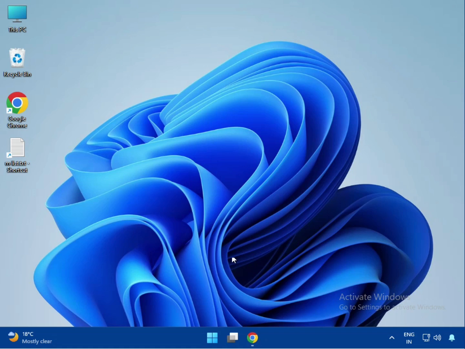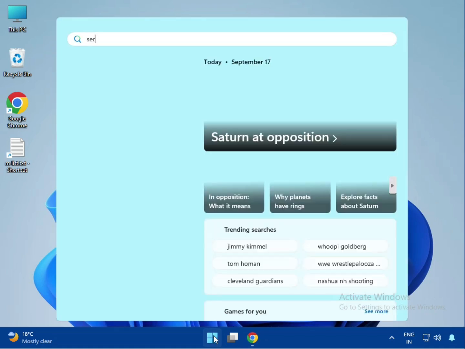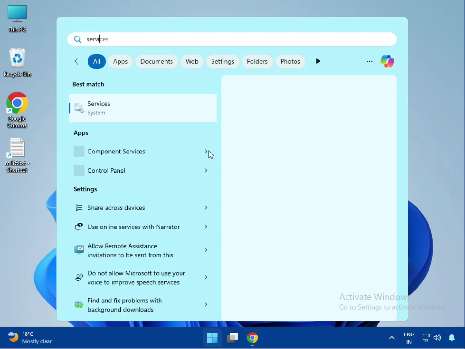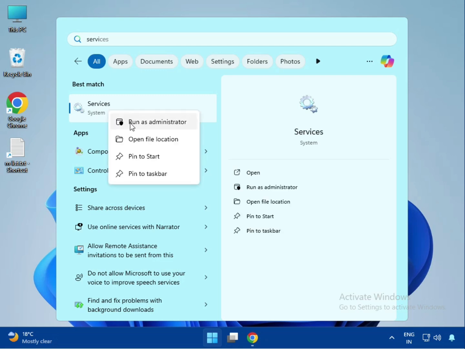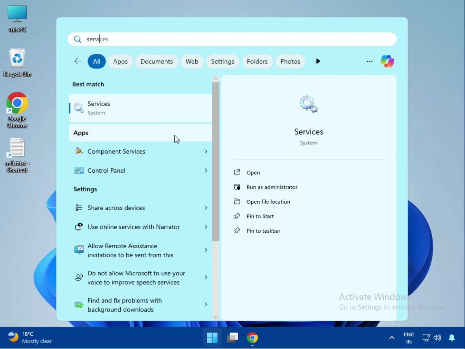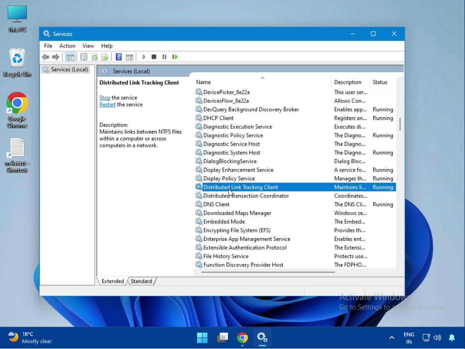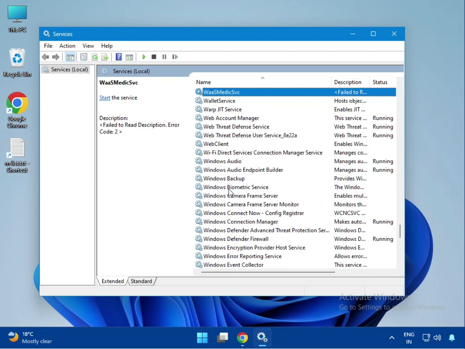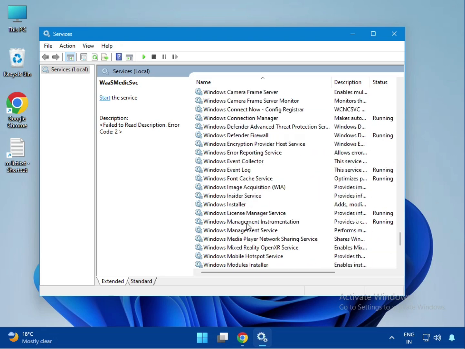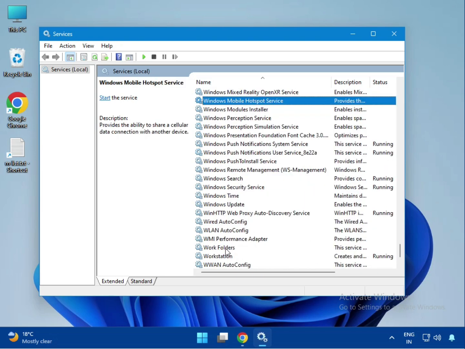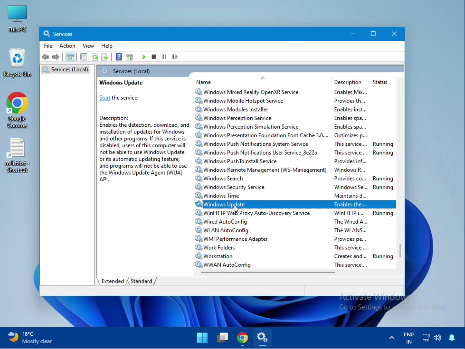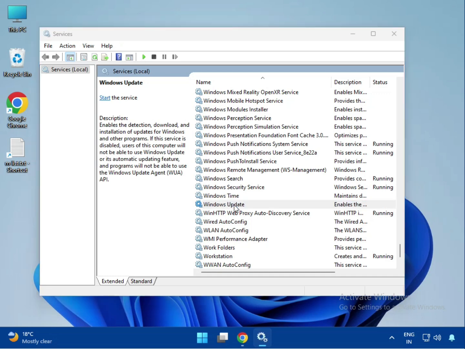So guys, first method, click Start and enter services.msc. You can see it, right click and run as administrator. After that, scroll down, or you can just press W for Windows Update. You can see Windows Update, so this one, just double click to open,